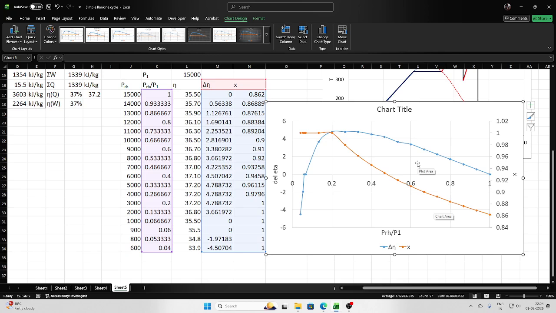So in this chapter, that is it till this point. In the next lecture, I will be telling you about regenerative feed water heating, because from here you cannot get a major efficiency boost. So what you have to do is internally rearrange the energy, and that is done with the help of